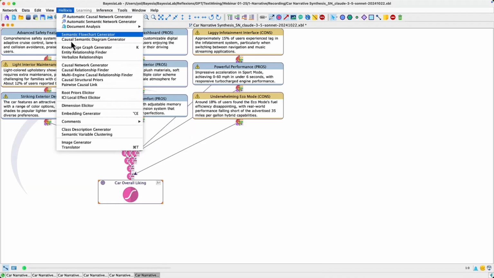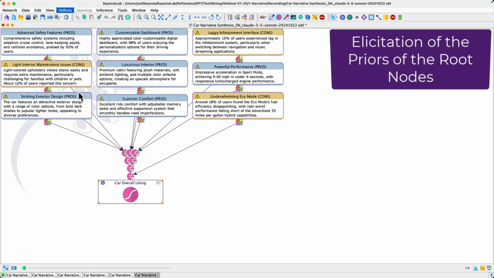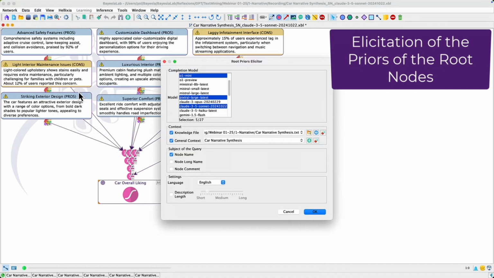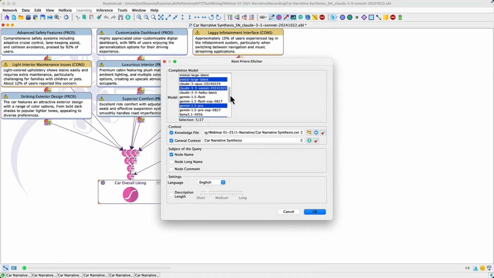So now we are going to estimate or elicit the prior of all these drivers, right? And for that, I'm not choosing just one engine, but I'm choosing the engines that are available in my list. So here you see I'm using OpenAI Mini, O1 Mini, Pixtral, Claude Sonnet, Gemini Pro, and Llama, right? So I'm using these 5 engines. So it's like having a group of 5 experts in the room, right? The context is still the same.